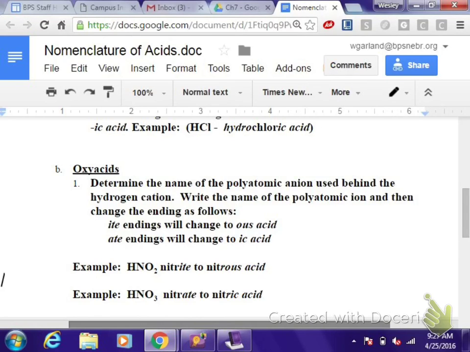So when we look at oxy acids, there are two ways to do it. If you look at those endings, the majority have ite endings or ate endings. If it's an ite ending, it becomes an ous ending as an acid. Ites become ous. Ates become ic. Maybe you can remember it by thinking, I ate it and it was icky. Something that sticks in your head. Like a little kid, icky, icky. So ite becomes ous, and ate